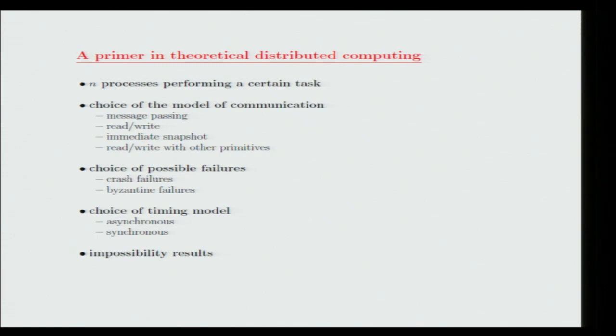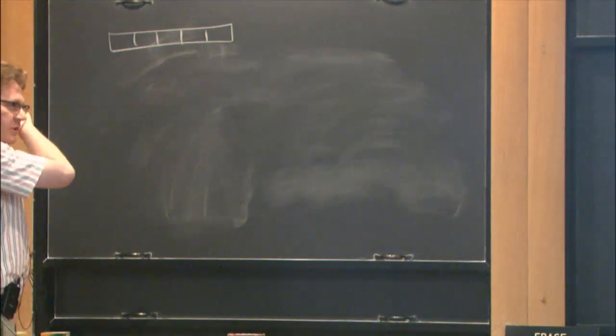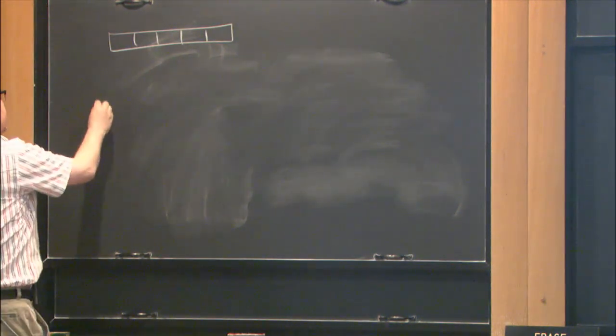Okay, so like I say, the classical model is so-called message passing. Another model, the one we talk about today, is the so-called read-write shared memory model. So in this model, let's say you have some shared memory, and then you have n processes. Let's say I have a shared memory with 5 registers, so then I have 5 processes,